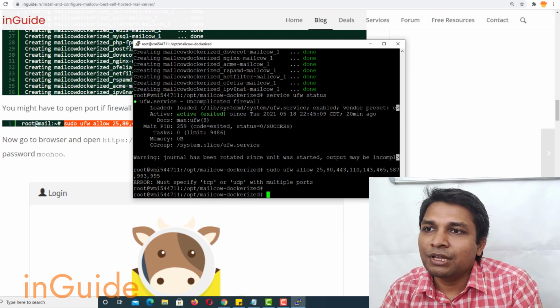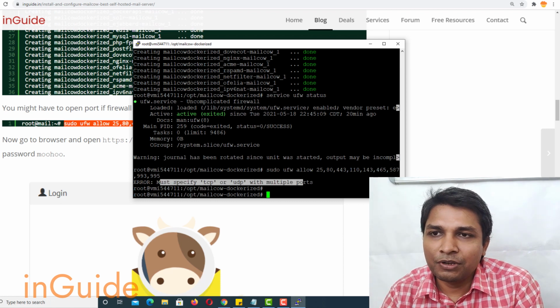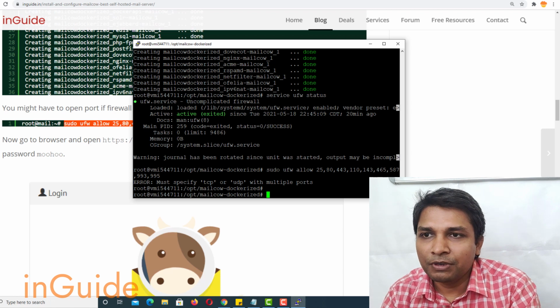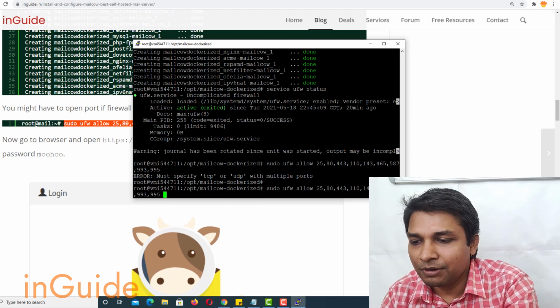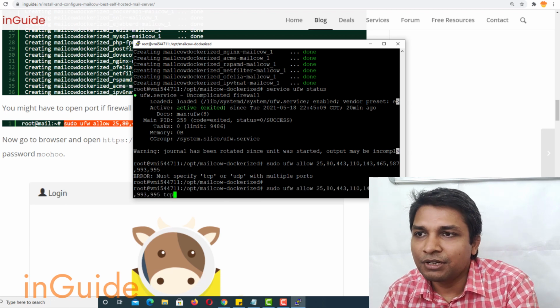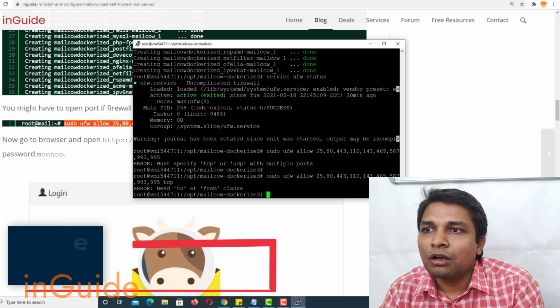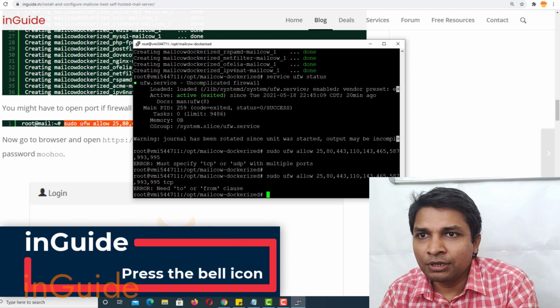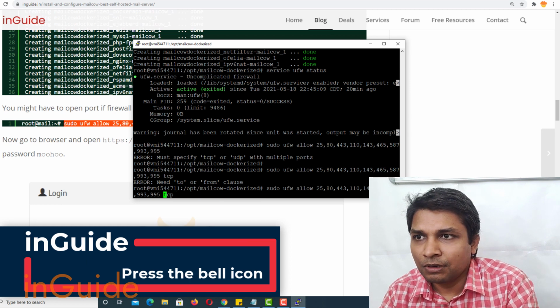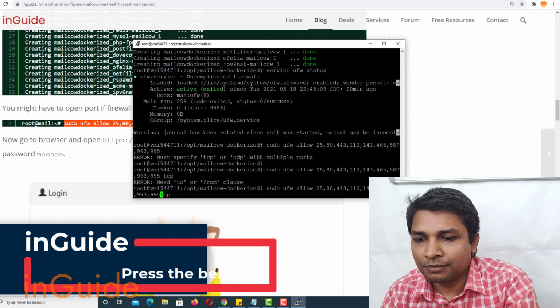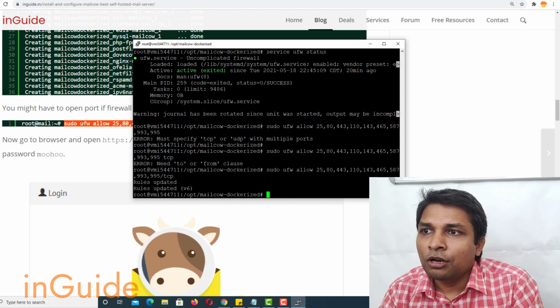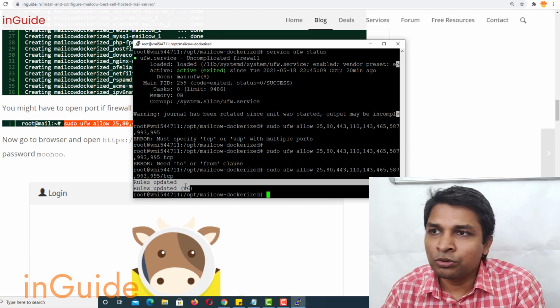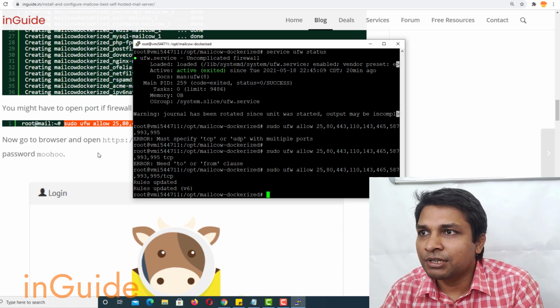It's saying that you must specify TCP or UDP. So it seems like I haven't mentioned TCP here. Alright, so basically not like that. It has to be like this. Alright, so now you can see rules updated for both IP version 4 and version 6.